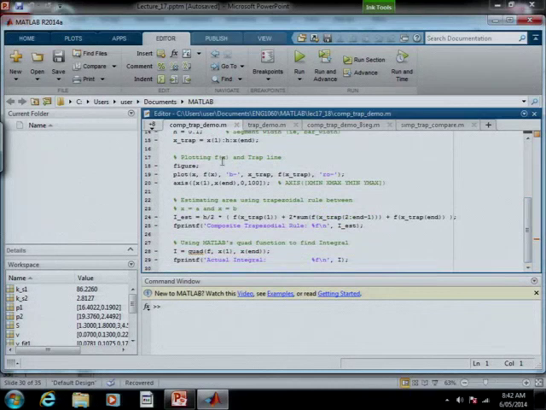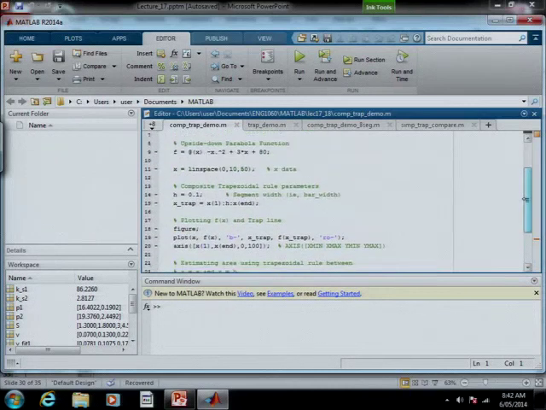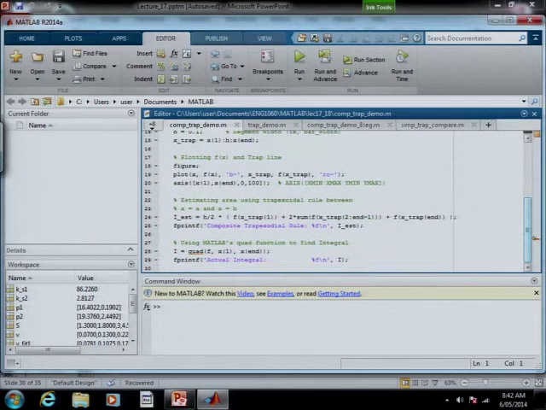So we just go through here, and the function's not in here, unfortunately. So where is that? Oh no, sorry, here it is, right down here. So the integral estimate is equal to h on 2 times the function value at the first point, the function value at the end point, plus twice the sum of the function values in the middle. So this is a really simple bit of code. This single line of MATLAB code performs an integration for you, provided you know the function values at the various different points. And if we run that,